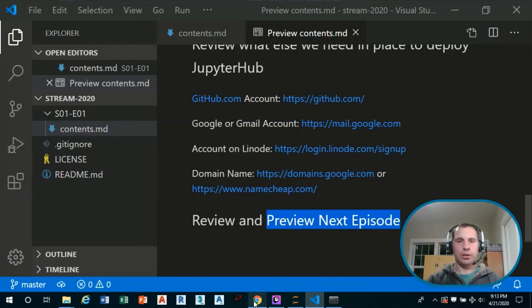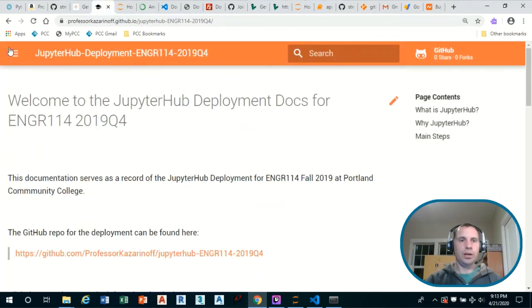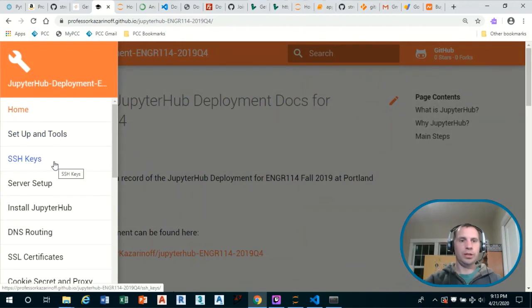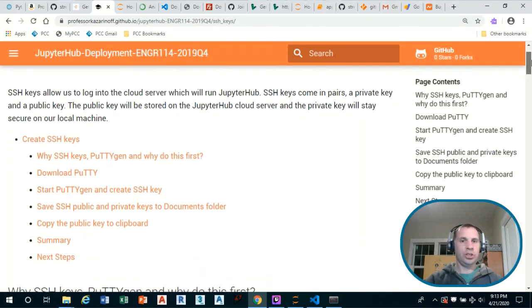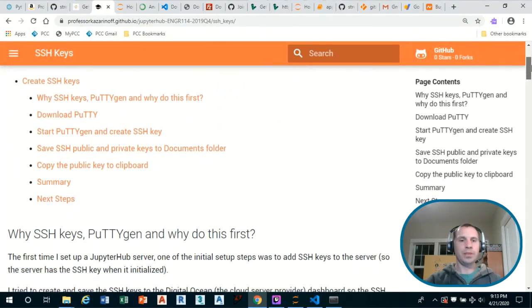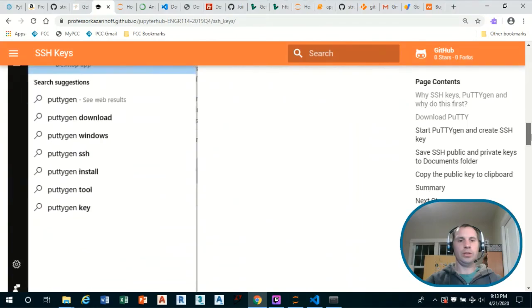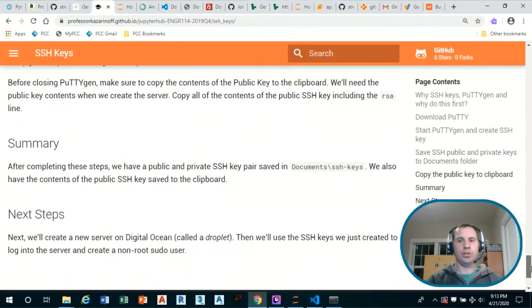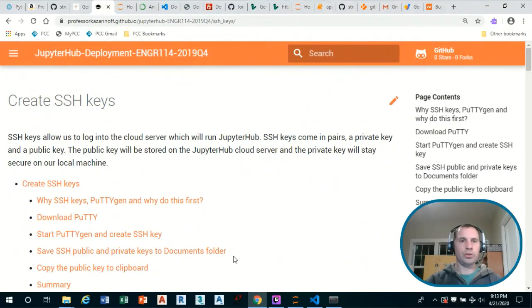So let's do a quick preview. What are we going to go over next week? Next week, what we're going to do is we will create SSH keys locally. And we want to make sure that we create these SSH keys before we create the server for the first time.